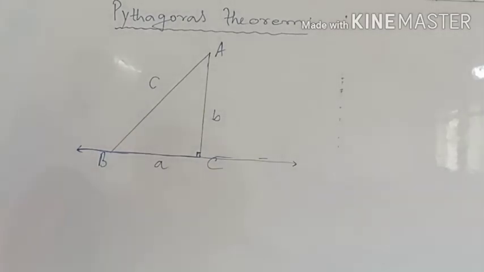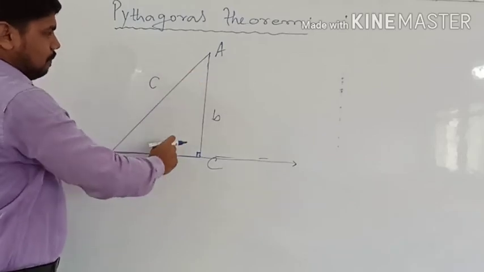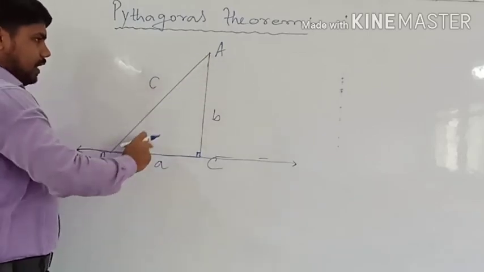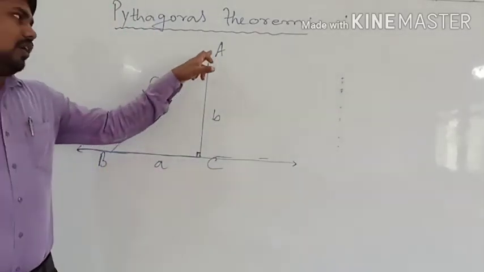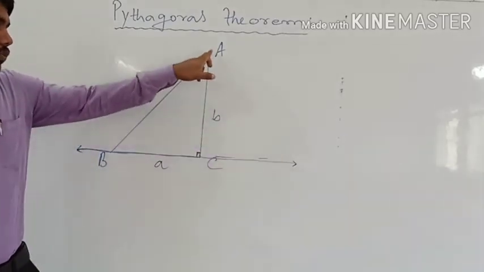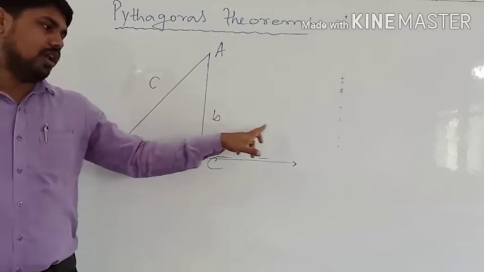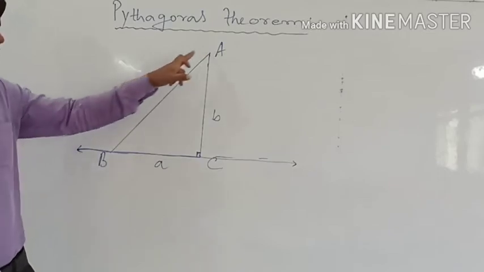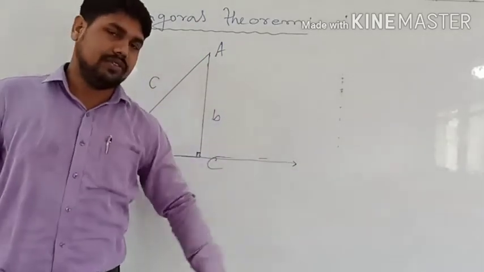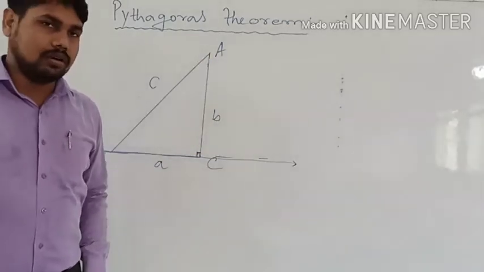So in this case what we can observe is, any line you can draw from A, it may be here, it may be here, it may be anywhere. Whatever line you draw, the length of the perpendicular, this AC, will always be smaller than the rest of all the lines you draw. Whatever line segments you draw from here, in this way or that way, this will be the smallest length of the right triangle.